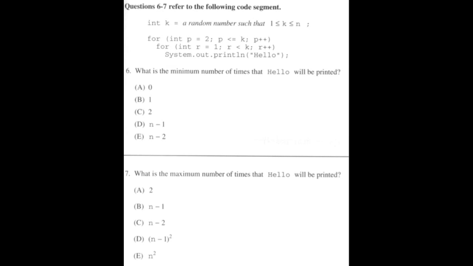So we know that k is a random number such that k is greater than or equal to 1 and less than or equal to n. Okay? So for the minimum number of times that hello will be printed, k can have a value of 1, right? Because it can be equal to 1. So if k is 1,